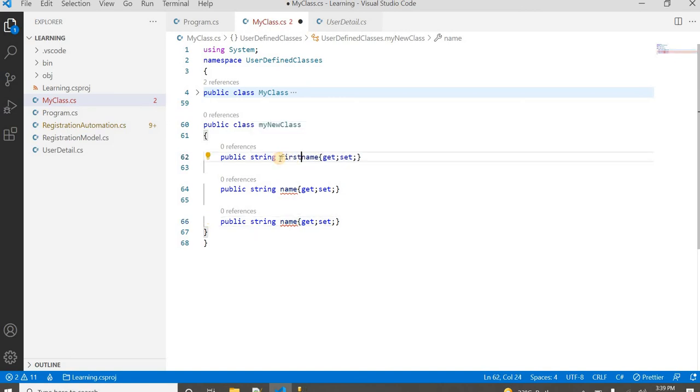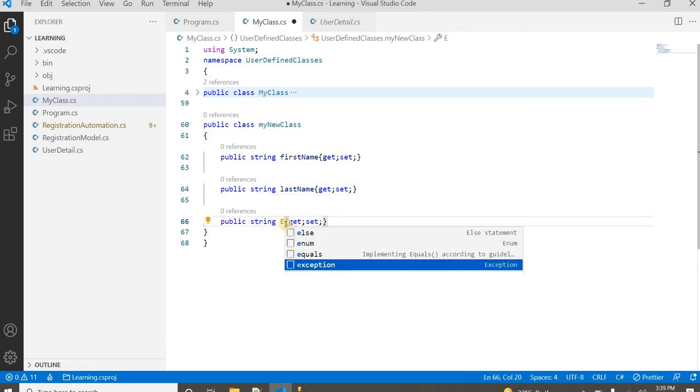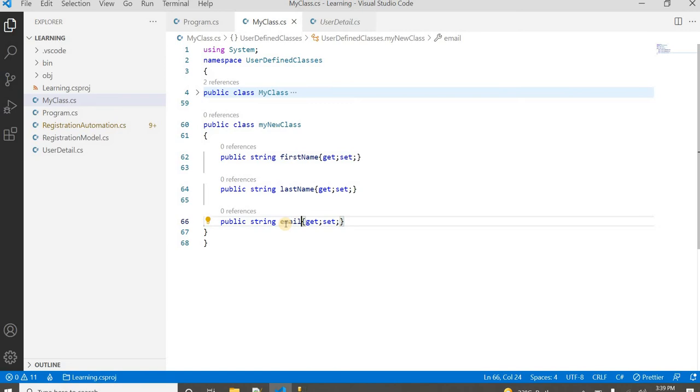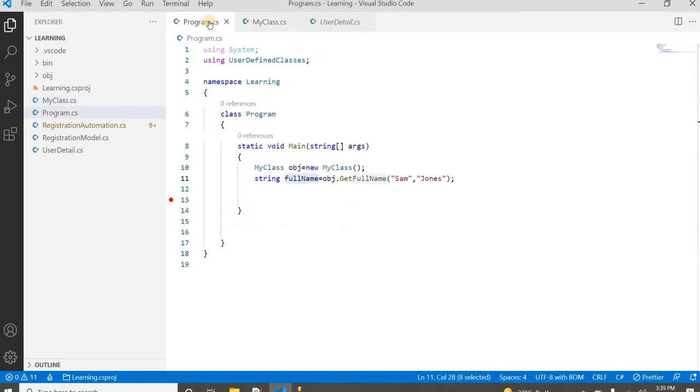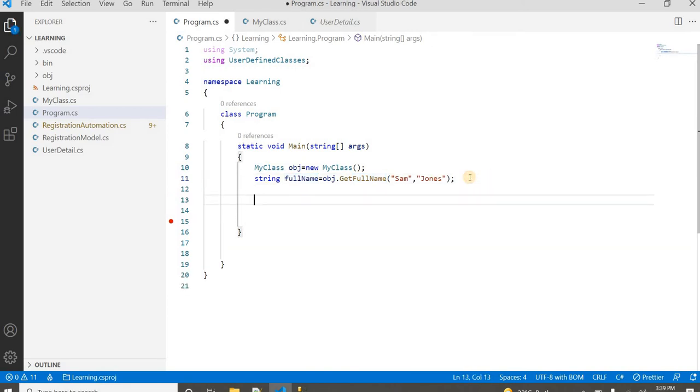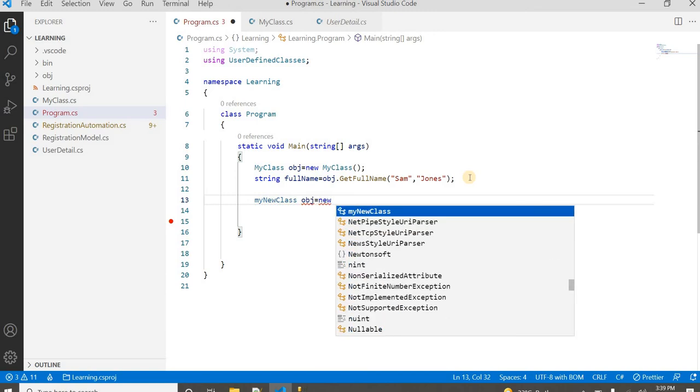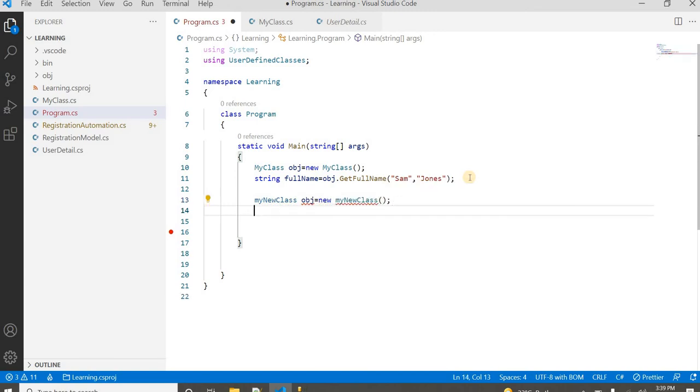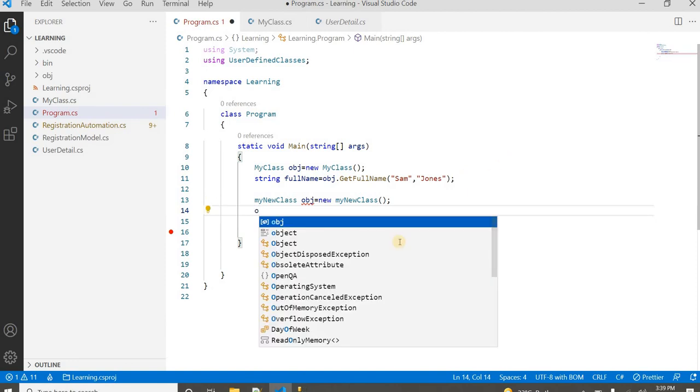Let's say it's first name and last name, and let's say it's email. Three properties are there, and if I want to access this particular class here, I will say MyClass obj equal to new MyClass. Now I can say, okay, obj is already defined.